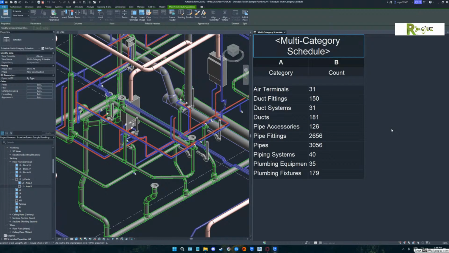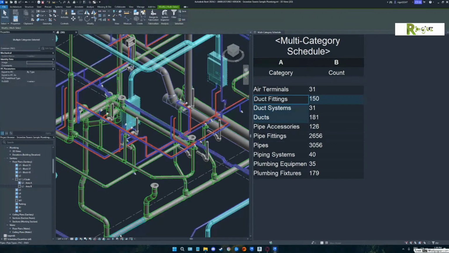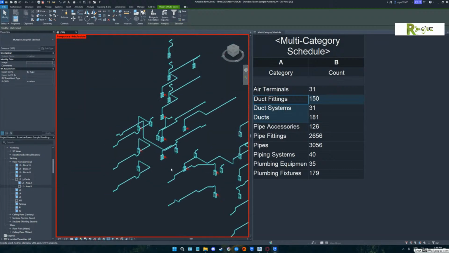So one of the things you could do is you could pick on the duct fittings, duct systems, and ducts in that view. Click and drag across all three. Yeah, just the ducts, not pipes. Well, you could do the pipes, and there you go. That's what I was thinking. Now use your roller click to activate the other view. Hit the eyeglasses and say isolate category,